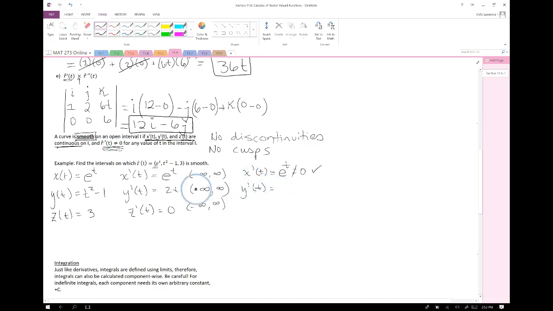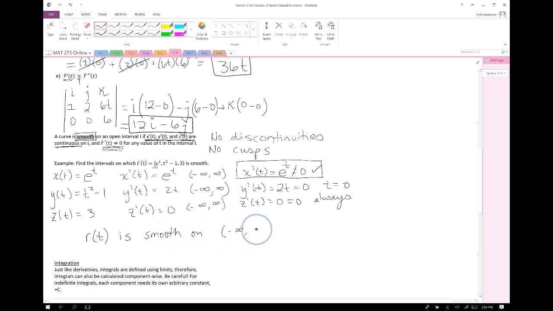Just for completion, we're going to check our other components. We want to know where 2t is going to equal 0. If you divide both sides by 2, it's at t equals 0. And then we want to know where z prime of t equals 0. Well, it's equal to 0 always. But because this first one will never equal 0, that means r prime of t, the vector valued function overall, will never have 0, 0, 0 as the components, because this e to the t will always give us back a non-zero value. So technically, r of t is smooth